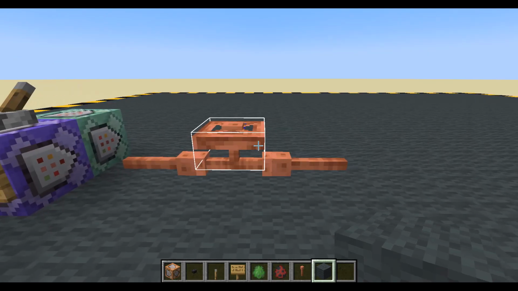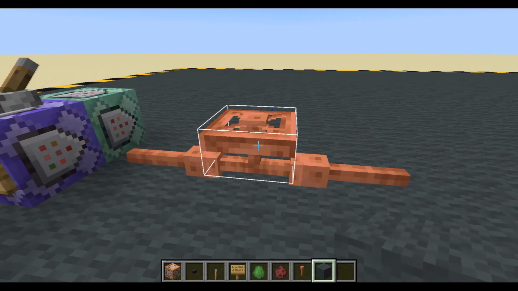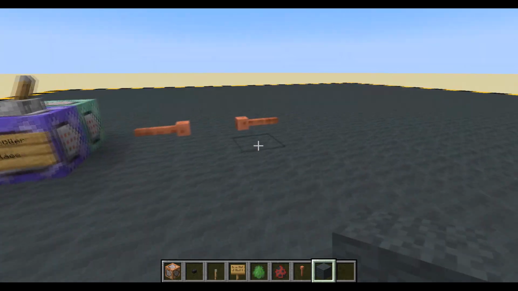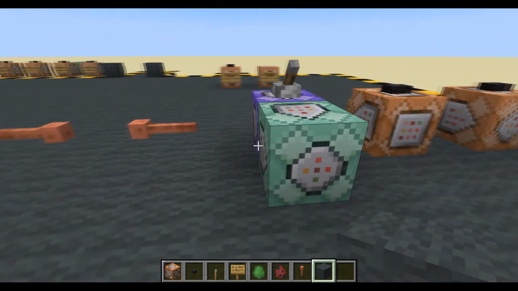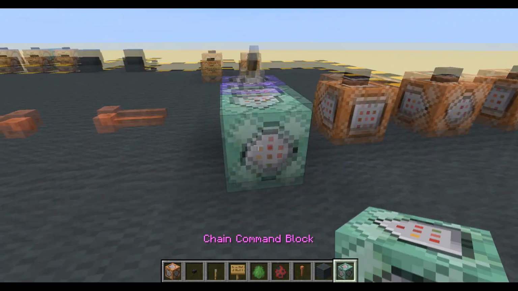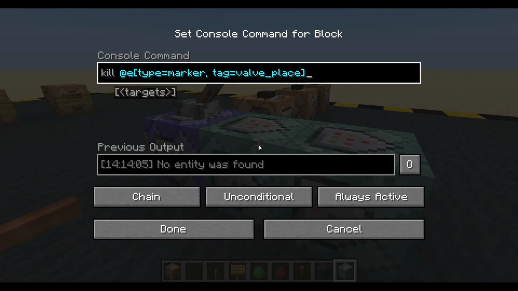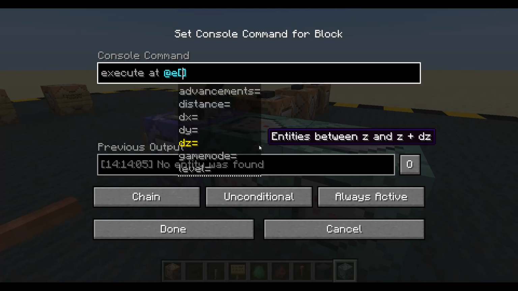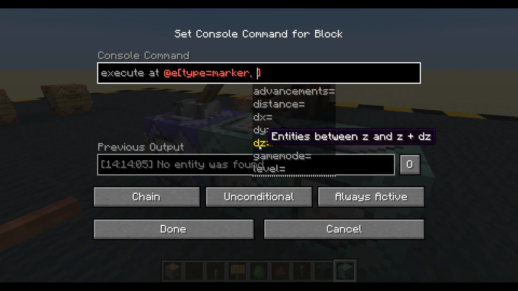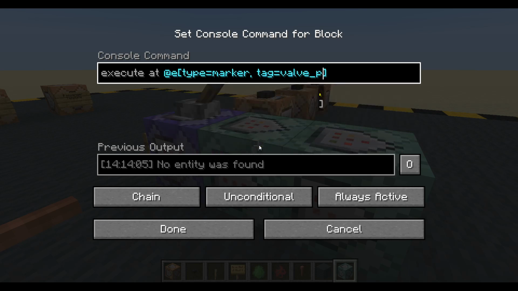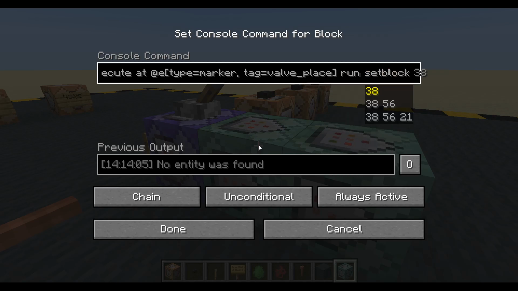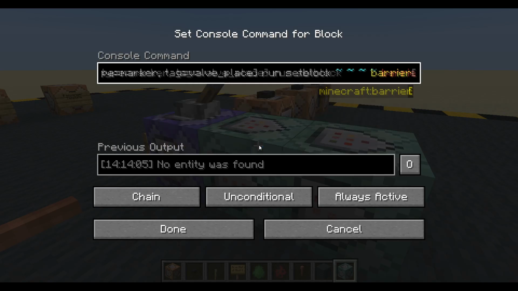So placing, I would say, looks done. Let's set the barrier there as well. So let's take this block here, control middle mouse, and put that onto the end. You're still working, okay. And we'll just execute at any entity whose type equals marker, tag equals valve place. And we'll just do run set block, those coordinates, a barrier. Okay,